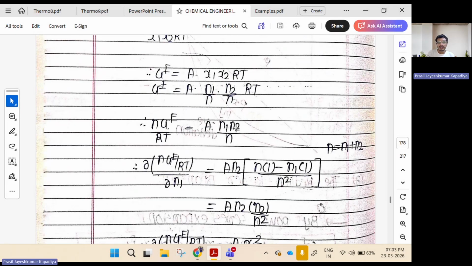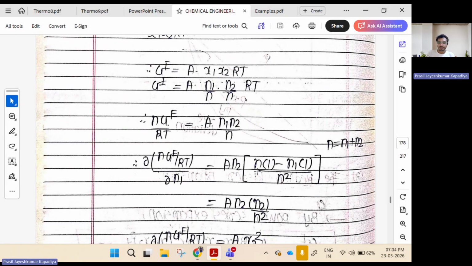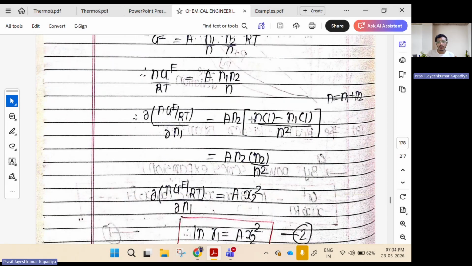It will be a complex equation. So if I keep this denominator, let's say I'm first keeping n2 constant. n2 is n minus n1, so that differentiation will be minus 1. And if I keep n1 constant, differentiation of, okay, so this will give us,